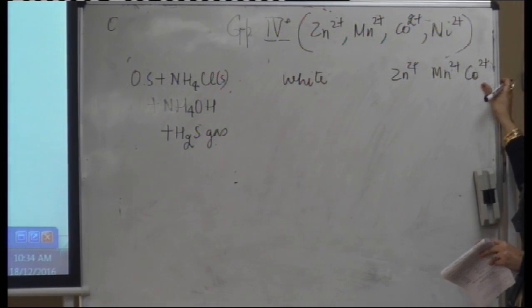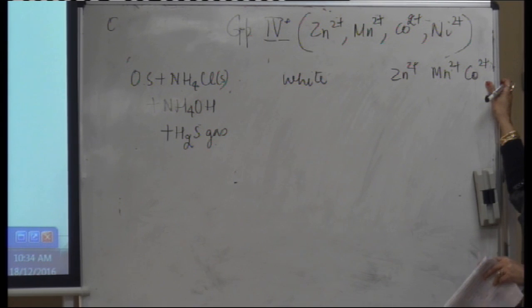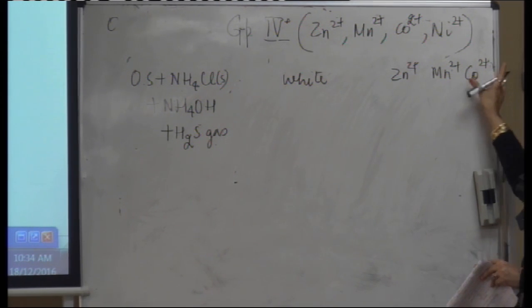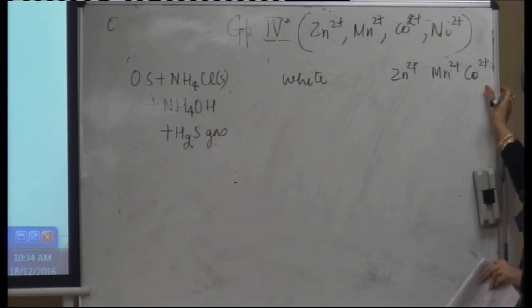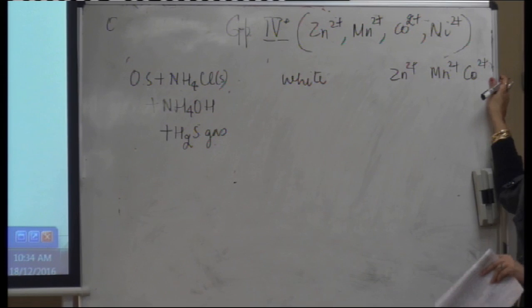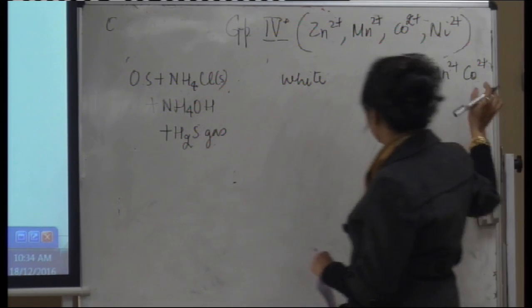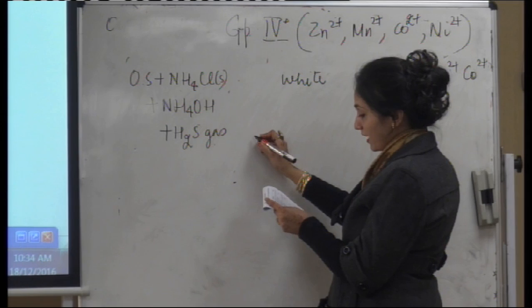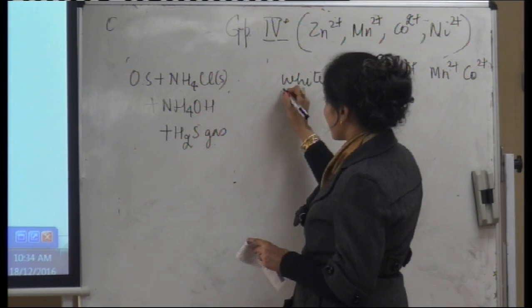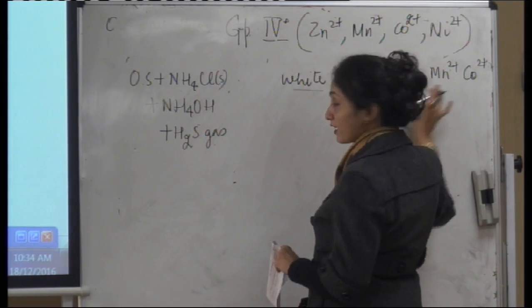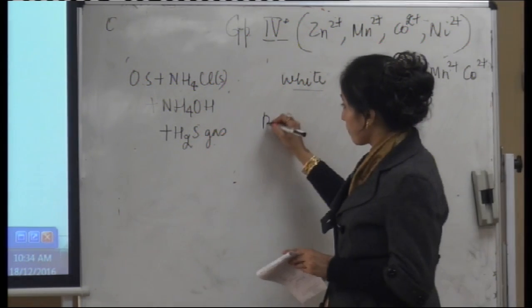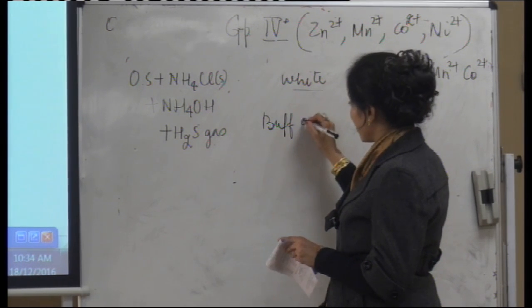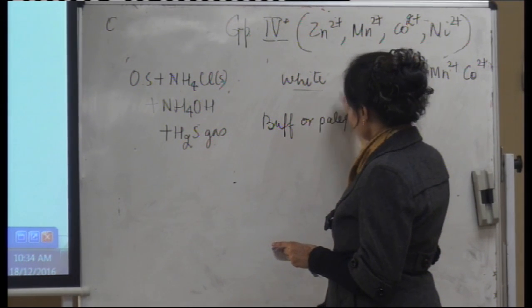And among these, which is the colored ion we have done? Manganese. In fact, cobalt is also colored. Manganese had a flesh or pink color, and cobalt I think has some kind of greenish tinge. If I am not sure, I will not tell you. If it is white, then it may be manganese, because there may be a color disparity. But if it is a buff or pale pink colored,